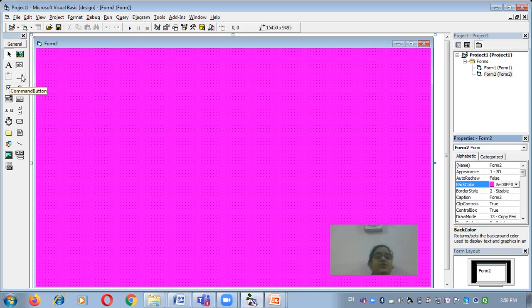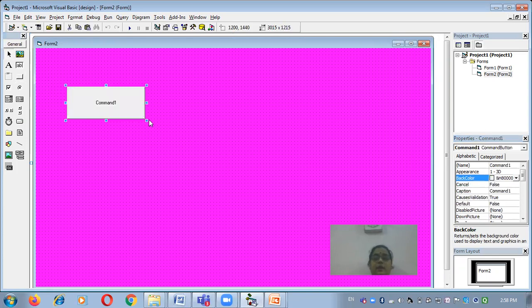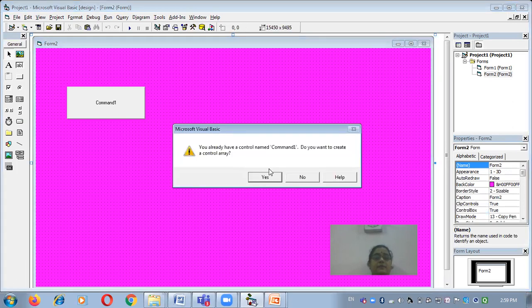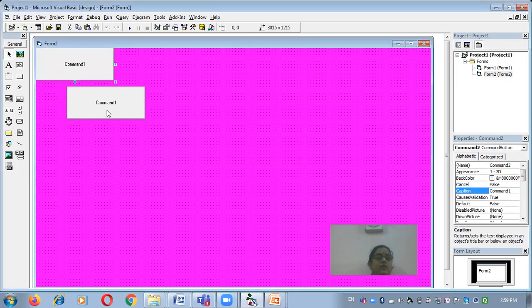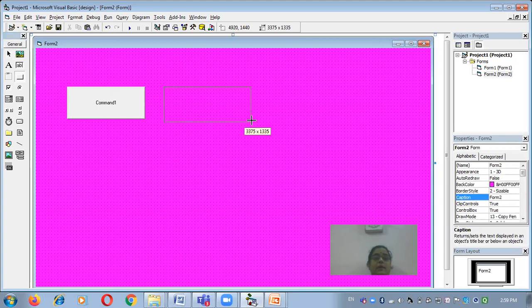Which is the second method? In the second method, I just copy the name for multiple controls. Here I am going to use a command button. The name property of the command button is command1. To give the same name to the same control for the control array, you could copy and paste, but then it will show the error, so instead of the first method I just take another command button.